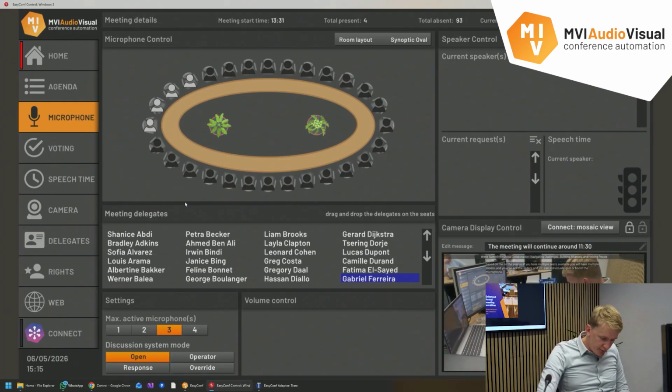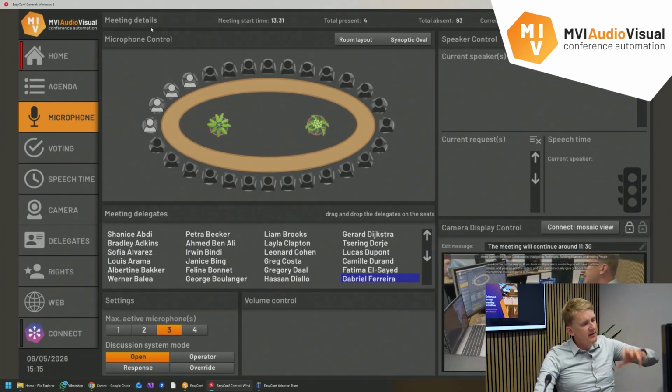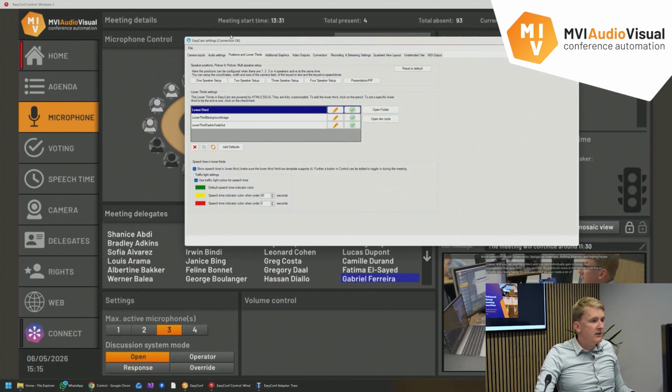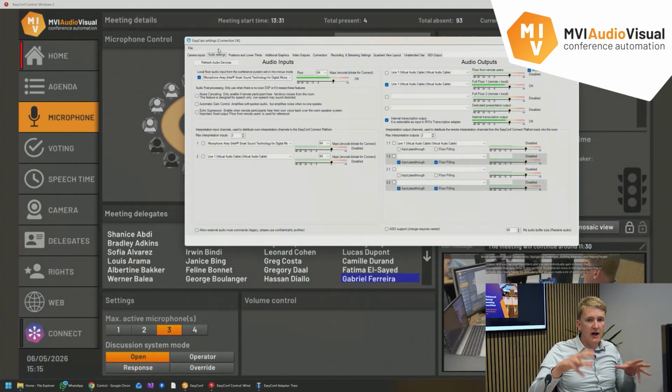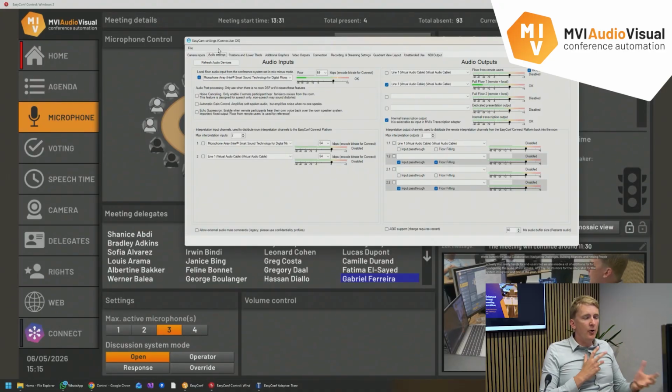Then let's jump to the settings. It's a little bit more in the background. This is actually also really handy for end users, but we also made a lot of additions for configuring the audio at install time. So it's more for the system integrator. And we've actually put a lot of energy into making this whole audio flow inside EasyCam a little bit more